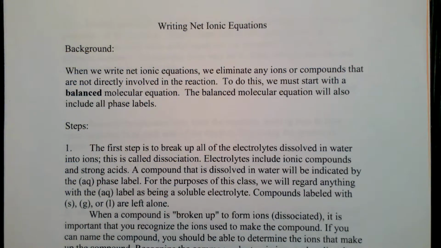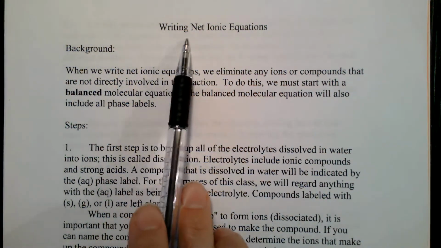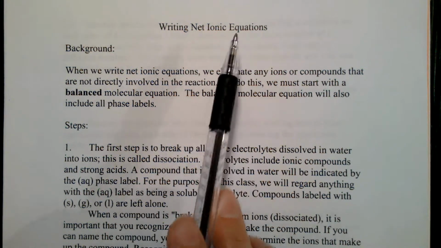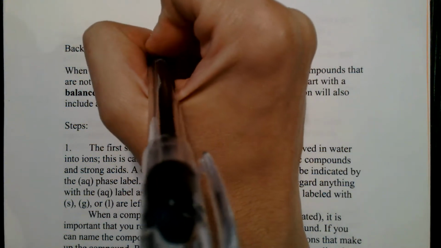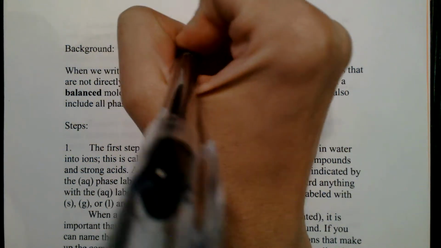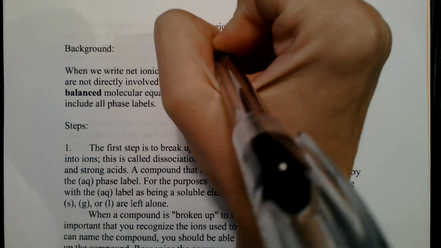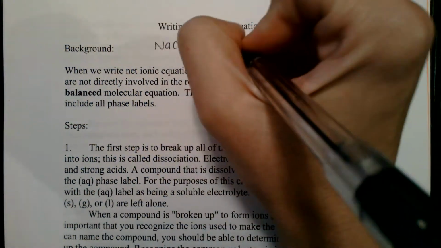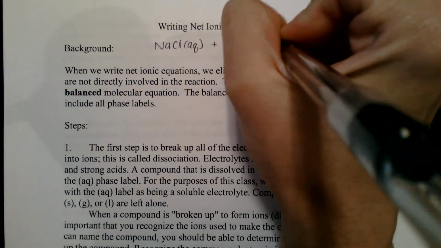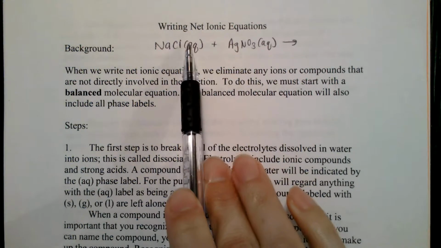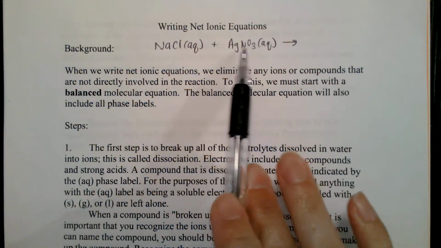Because we know that compounds in the aqueous state that are ionic do break apart into anions and cations, we like to show that in what are called ionic equations. So for example, instead of writing in a chemical equation something like NaCl aqueous plus AgNO3 aqueous,